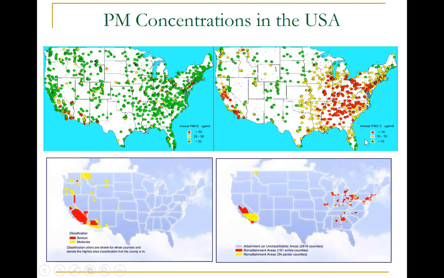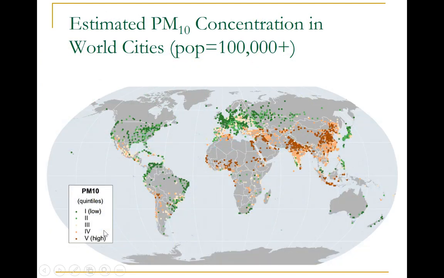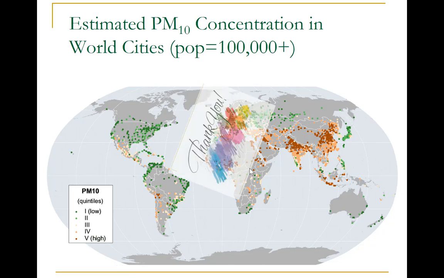So we can see that there's a pattern. All of the cities, major urbanized areas, have high fine particle pollution, and on the West Coast we also have fine and coarse particle pollution. On a global scale, the US actually looks pretty good because most of the PM pollution around the globe is situated in developing countries of Asia as well as Africa. So you can see in here very high PM10 pollution in most of Asia and Africa.